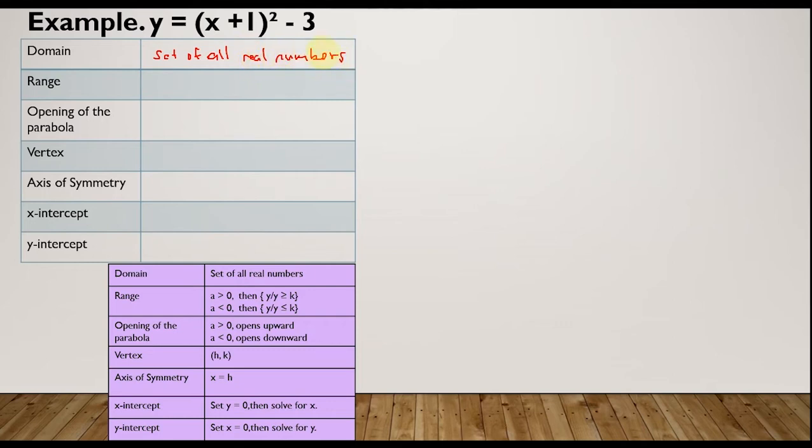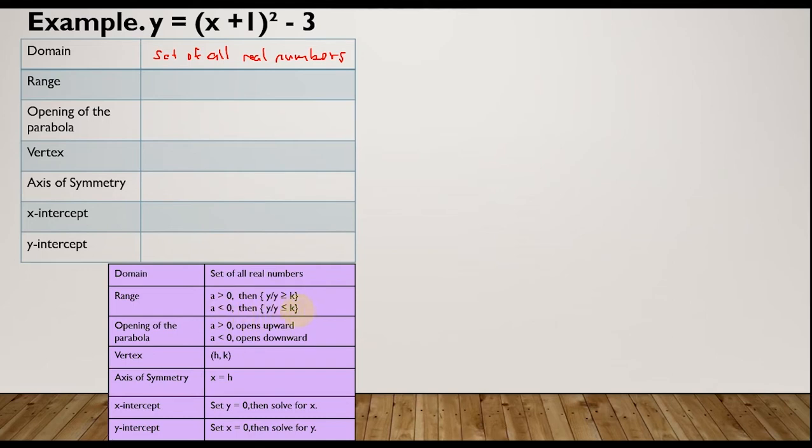And then for the range, we have to identify the value of a. Since we're going to compare, if a is greater than 0, then this will be the formula for your range. And if a is less than 0, then your formula will be y such that y is less than or